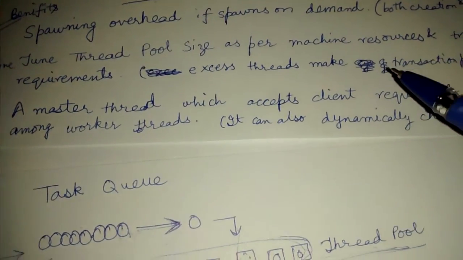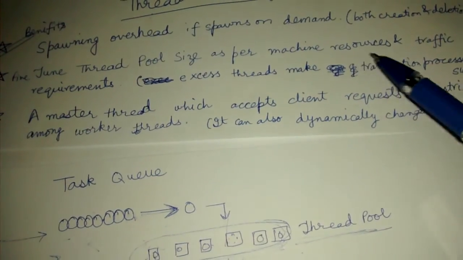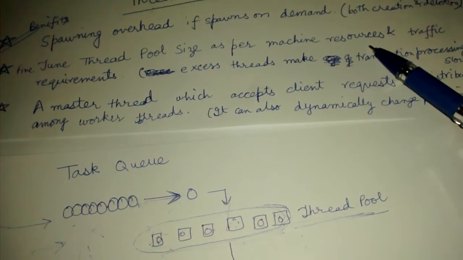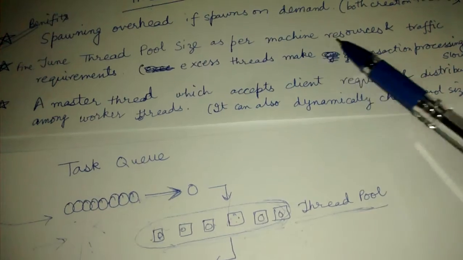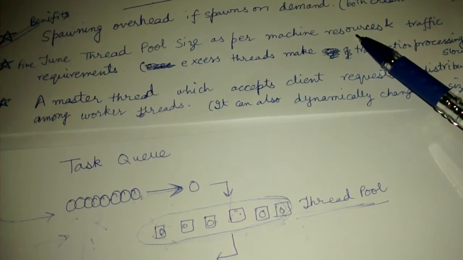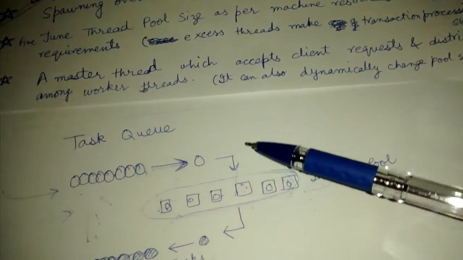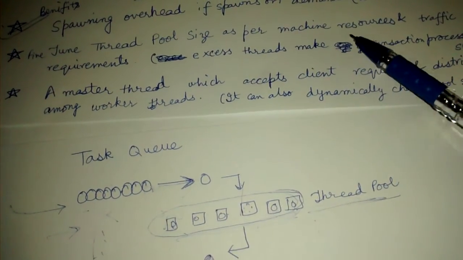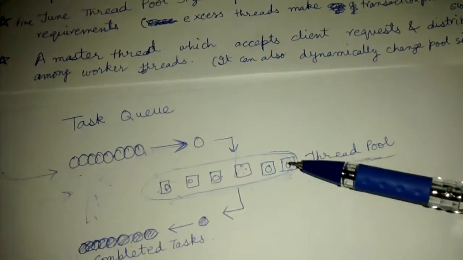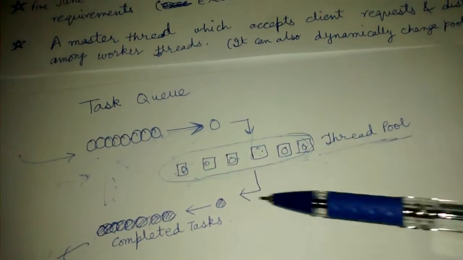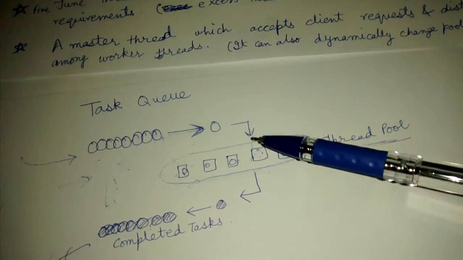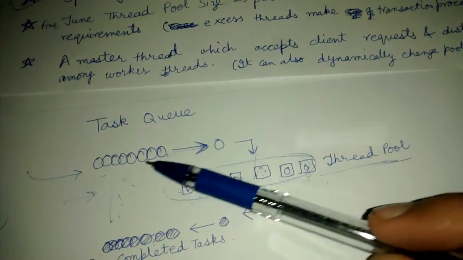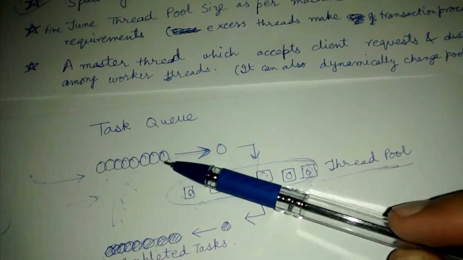So if you take up much of the machine resources, then also it is not good, because then the machine cannot even perform its bookkeeping tasks, that is the switching between threads and all those things. So it cannot do those also properly. So the thread pool has a benefit that we can limit the number of threads, and we can let some of the clients wait in the task queue.